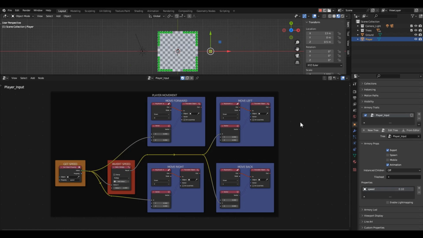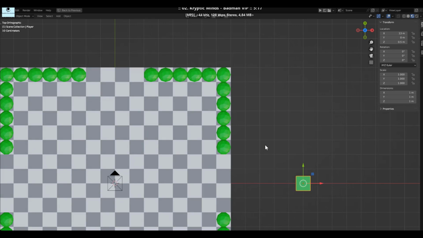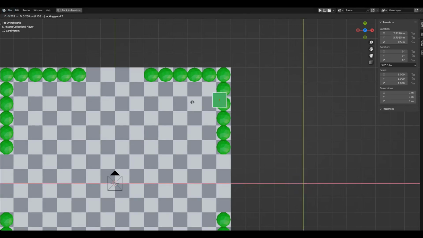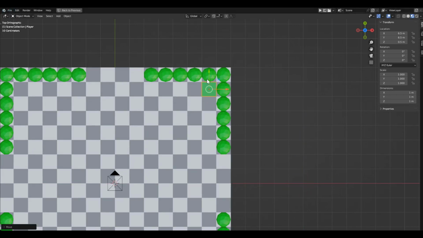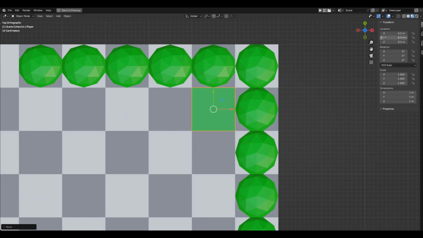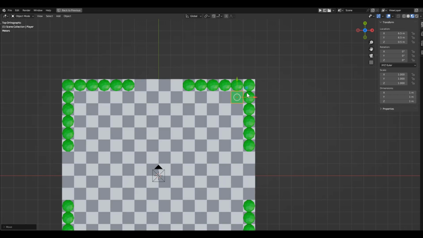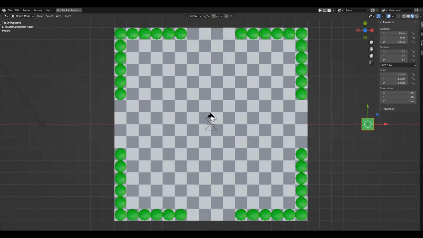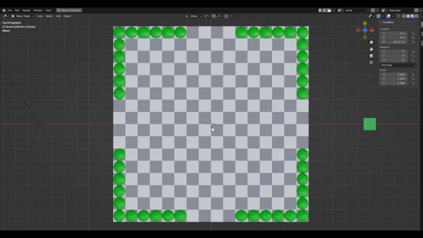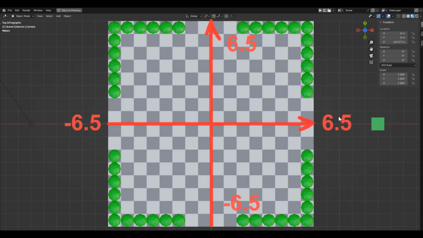So, let's recall our coordinate system. The center of our scene coincides with the center of the coordinate system. Let's move the character to the extreme position it should not cross. And in the right panel, we'll check the coordinates. We see that the extreme positive coordinates are 6.5 meters. From this, we can conclude that the allowable values for the character's movement on both axes will range from -6.5